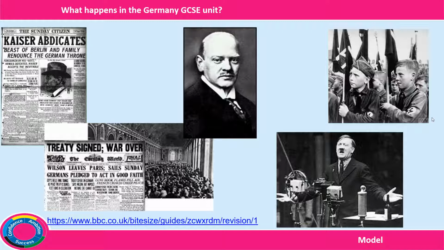Now, we look at life in the Weimar Republic: the setting up of the Weimar Republic, the creation of the Weimar Constitution, and the challenges which Germany faced when creating an increasingly democratic society, which saw for the first time both men and women being able to vote. We then look at the achievements of Gustav Stresemann as both Chancellor and Foreign Minister, particularly his work on Germany's economy, so things like the Dawes Plan, as well as his work on Germany's standing in international society.